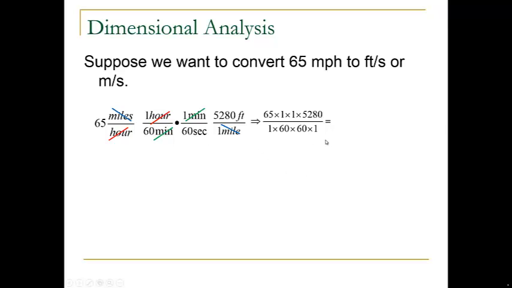Be careful about a common mistake I'll see: when you have all these numbers in the denominator, make sure you use your parentheses correctly in your calculator. So you get 95 feet per second. Then, to convert that to meters per second, I just have to worry about converting the feet. Again, 1 meter